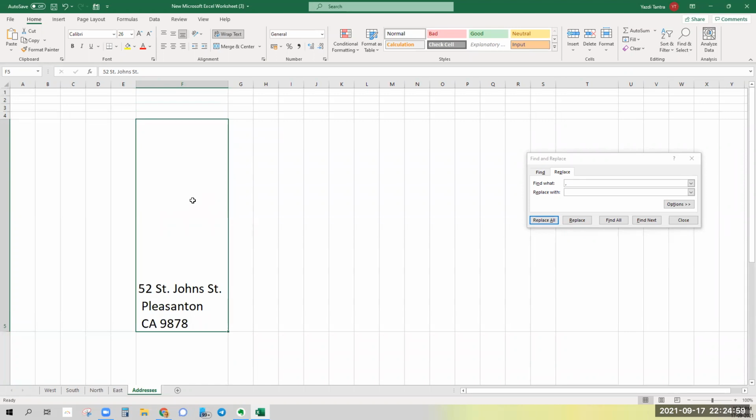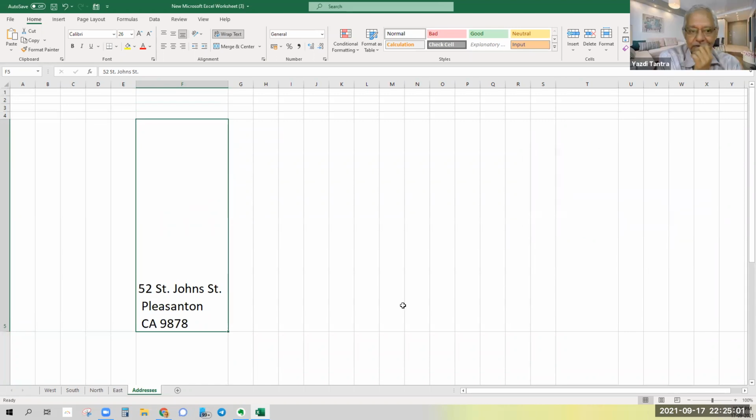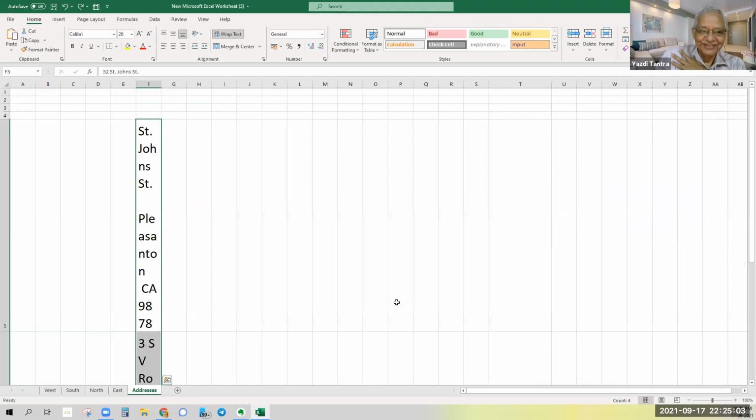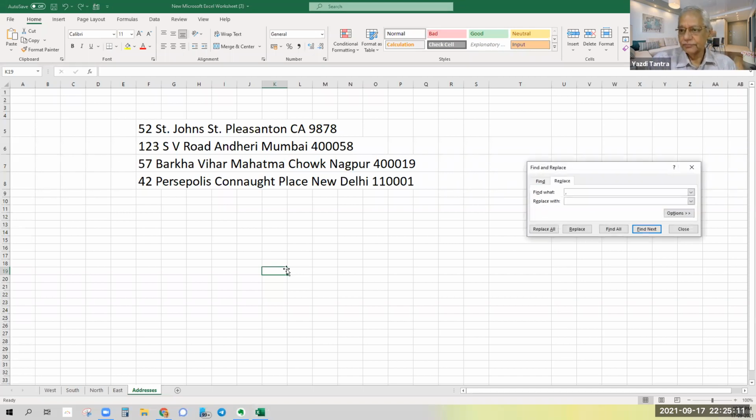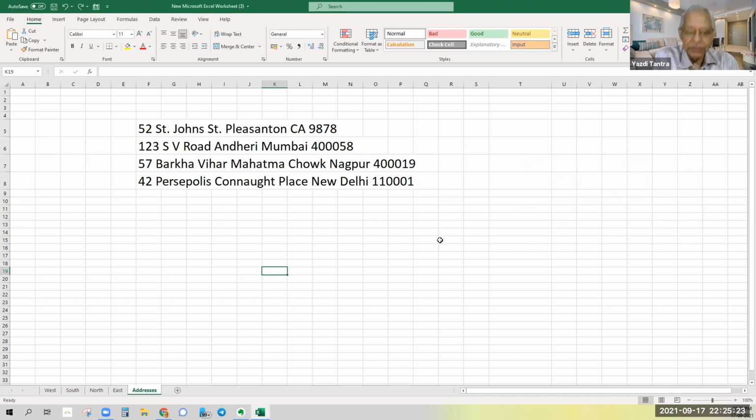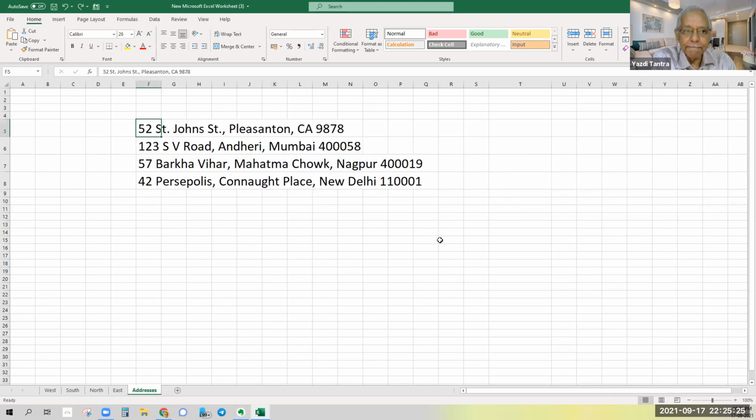Can you repeat the sequence, please? Okay, so here we are. Control H for find and replace. Find what? Find comma, because wherever there is a comma, I want to replace it. Where have all the commas gone? I have not done Control Z totally.